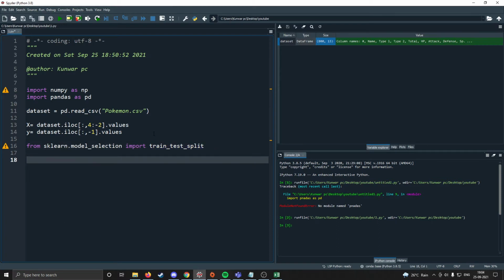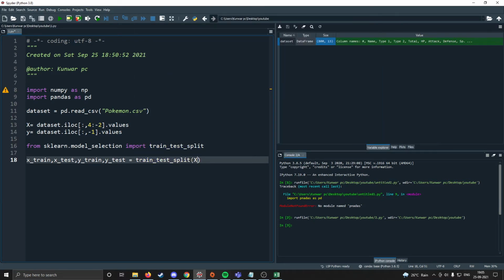We call this function, and our x_train, x_test, y_train, y_test is equal to this function,